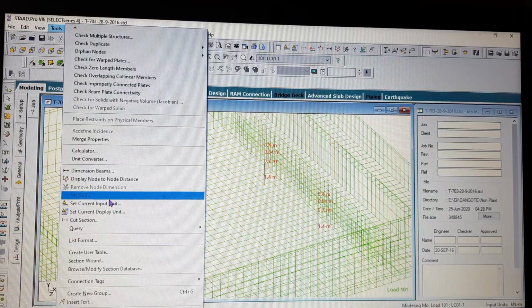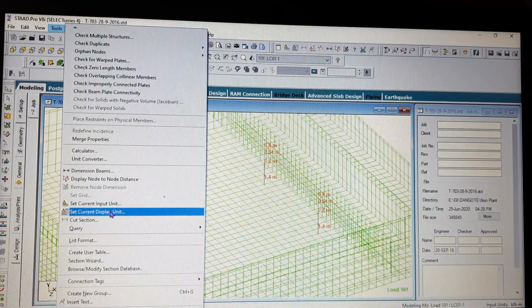set grid. This is something which I will be explaining later, because actually friends, I have given you a brief overview, because you will not be able to understand what the basic thing is, why we need them in our structure, and why we need to go through them.